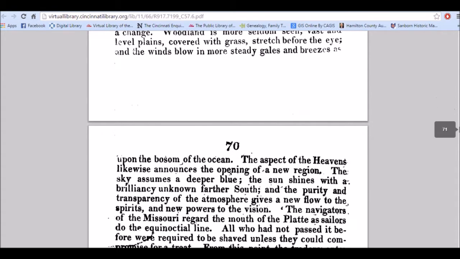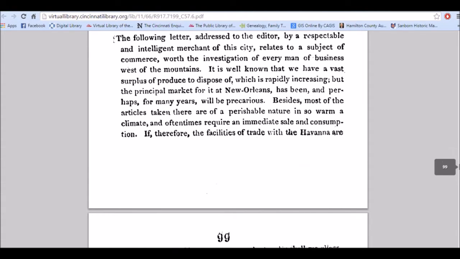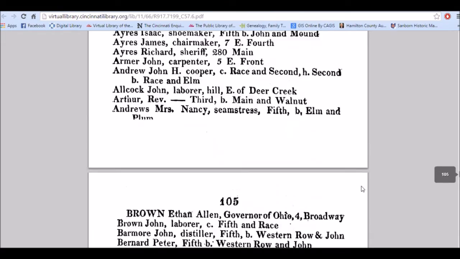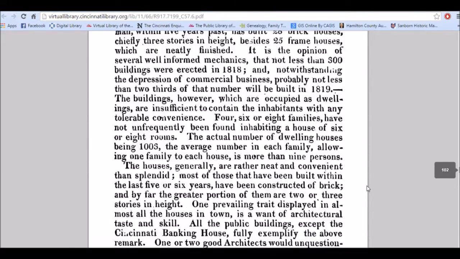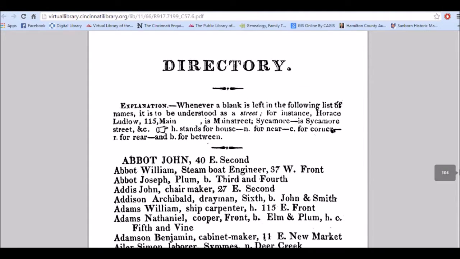Let me go down and see what other. This one is not so much of a directory of names as it is kind of information on the city. Oh, here we go. There is some information on the actual people. It's almost towards the end of the book here on page 104, but we finally made it. So here it gives you a little information on the names, what the different things stand for here. So like H stands for house, N is near, C is at the corner, and so you'll see these within